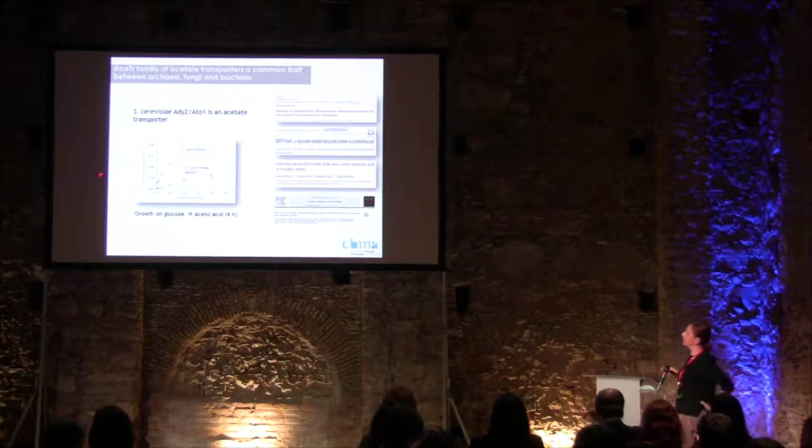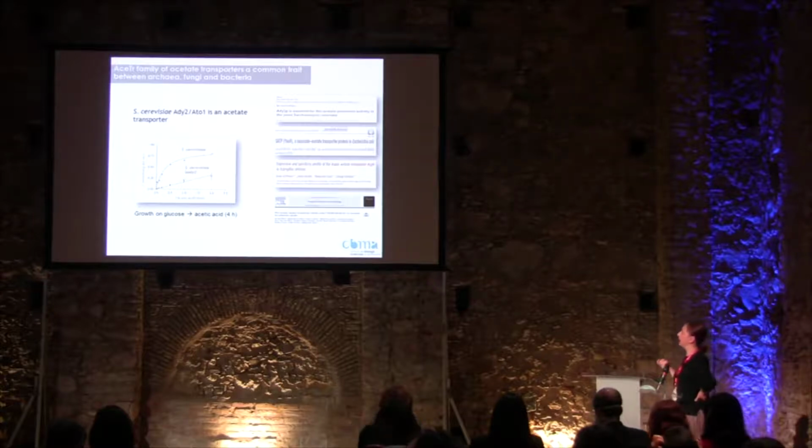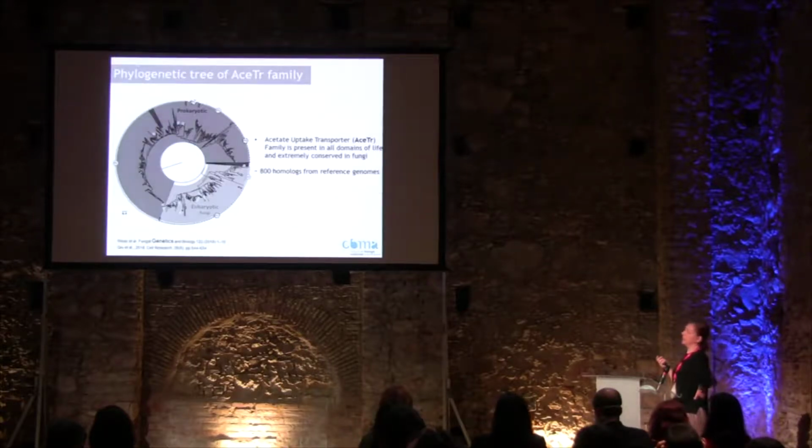This is just a plot where you see that when you remove this gene from Saccharomyces cerevisiae, it's not able to have a mediated transport system for acetate, while in the wild type you have this mediated system. And after this gene was characterized in cerevisiae, we were able to characterize several homologs, namely in E. coli and also in fungi, in Aspergillus, and in Archaea as well. We had a collaboration ongoing.